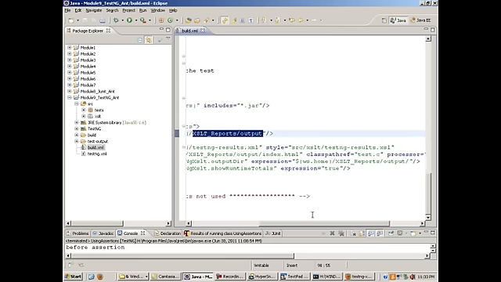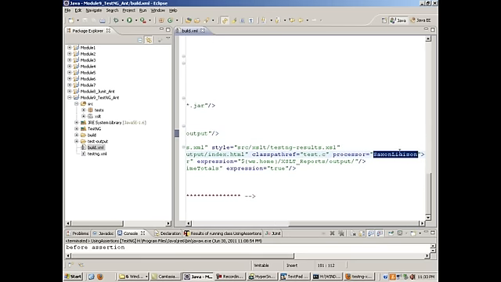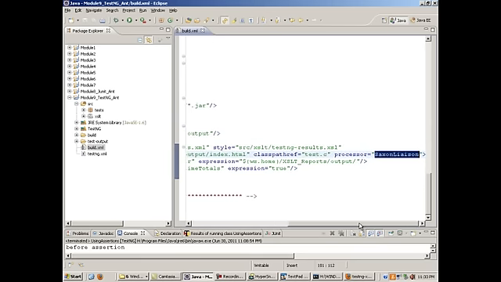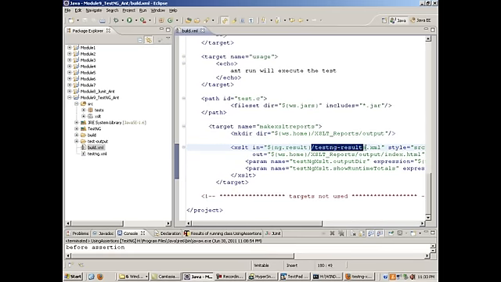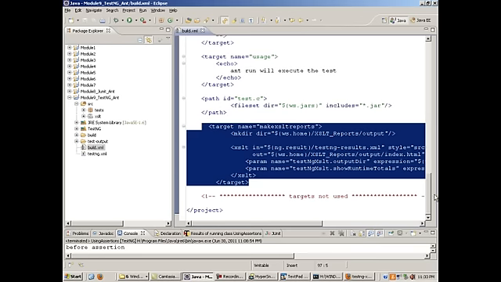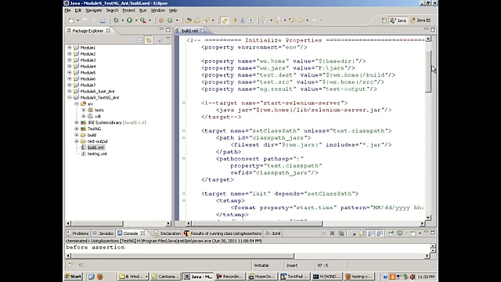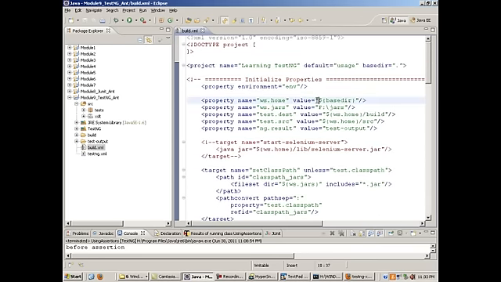Okay, and you have some targets over here where you give the path of the jar Saxon and you give the path of your TestNG results. Basically TestNG results will be read by XSLT, and XSLT will convert that result into its own format. So just copy paste this target, nothing. In this build.xml you just have to change the project path, that means give the base directory and just give